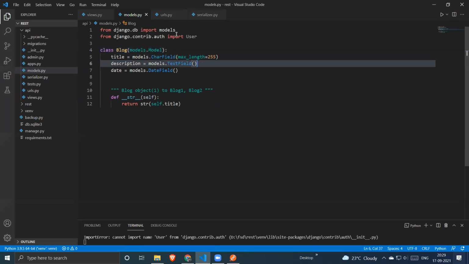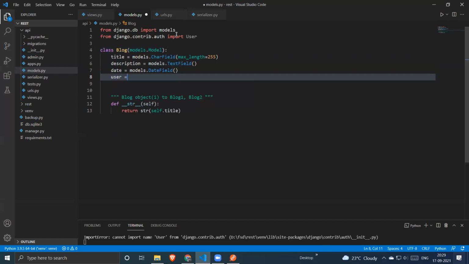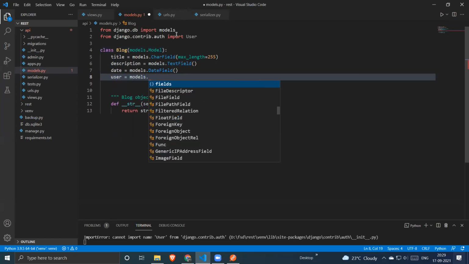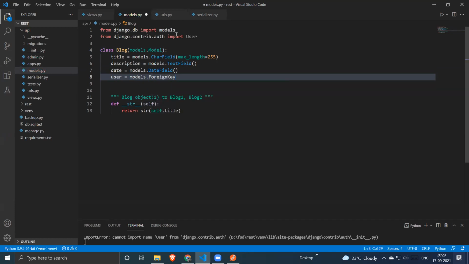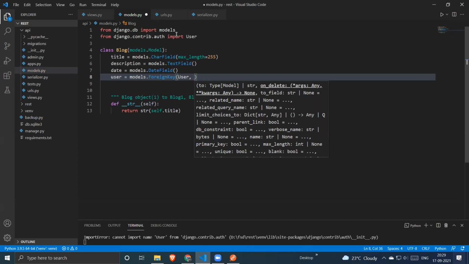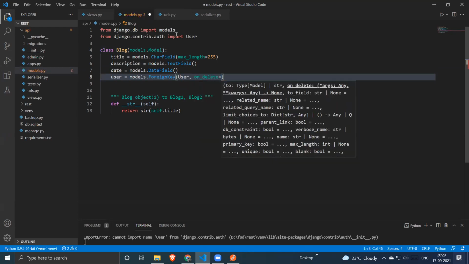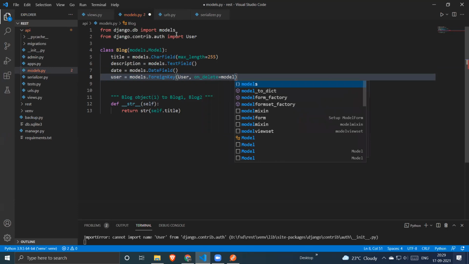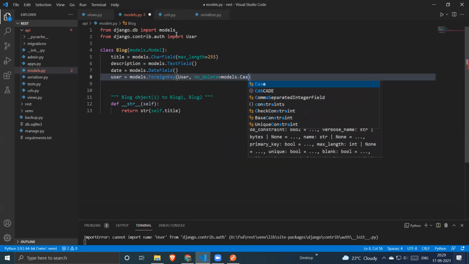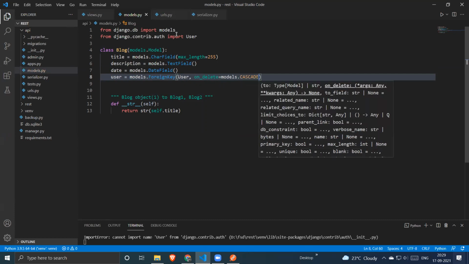Okay, so let's just add user is equal to models.ForeignKey. Then we have to define our model class. Then on delete, what we have to do, we have to delete the entire model if the user is deleted. So let's make it cascade. Yeah.